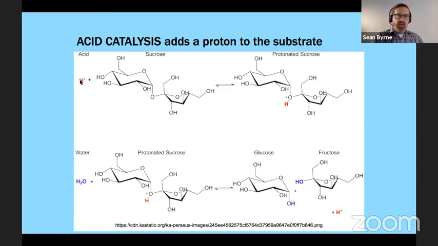So the acid would donate a proton here, right? That's what acids do. They donate protons to jump onto this oxygen right here. That's going to weaken the bond that's here and allow dehydration synthesis to come in and break apart our sucrose into glucose and fructose. This is a process that happens on its own. There probably is actually another enzyme that helps it to happen, but this acid catalysis is going to speed up the process even more by putting this hydrogen here and weakening that bond a little bit.